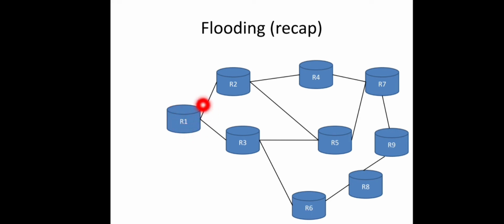Suppose by that time R1 gets some new information about new routes. It will generate a new link state packet, and that packet also will be flooded, right? So P2 is here, and P1 is already circulating in the network. Suppose R9 has not yet received P1 because of some congestion. Suppose that P2 is received by R9 using some other route. After some time, P1 will be received by R9. By that time, R9 is updated with the new information P2, so P1 is actually obsolete. The problem with flooding is that nodes may receive duplicate or obsolete packets. So how do we handle these unwanted packets?